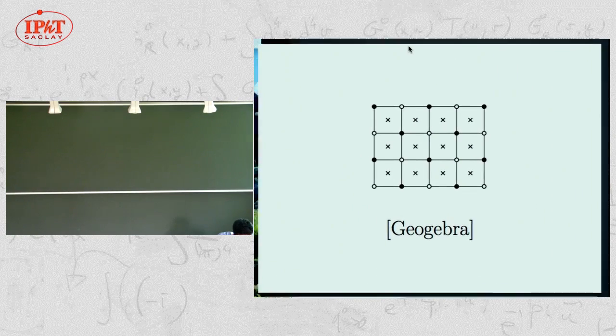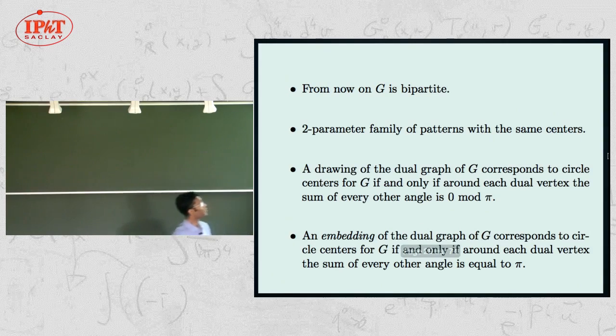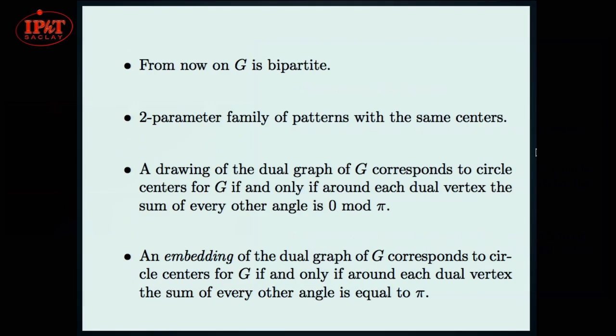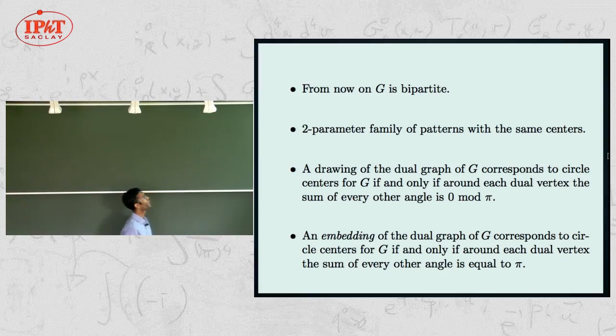Let me go back to the PDF and summarize this for you. So from now on, I will always assume that my graph G is bipartite. If I start with a circle pattern, I have a 2 real parameter family of circle patterns with the same centers. And if I start with an arbitrary drawing of the dual graph for G, then this corresponds to centers